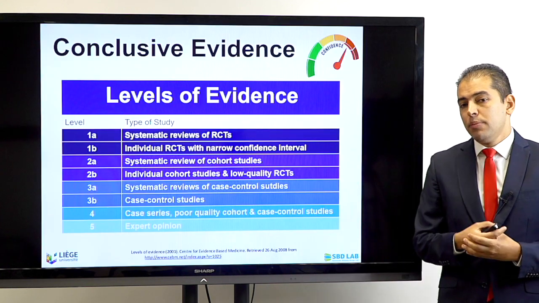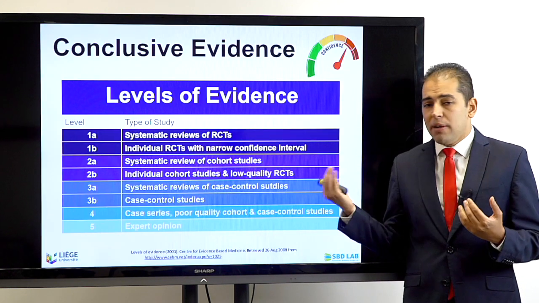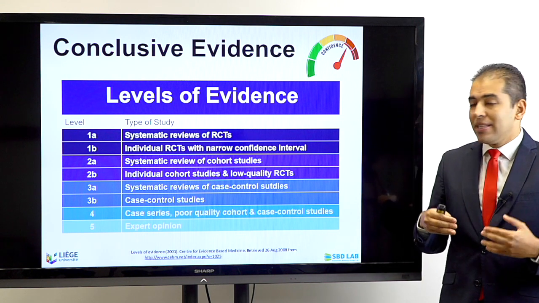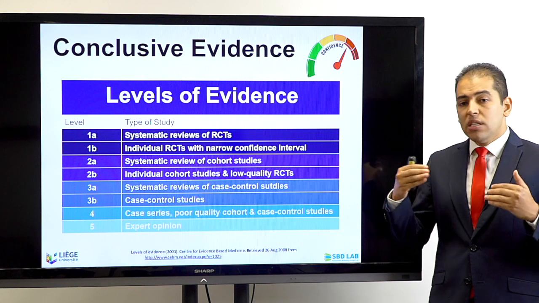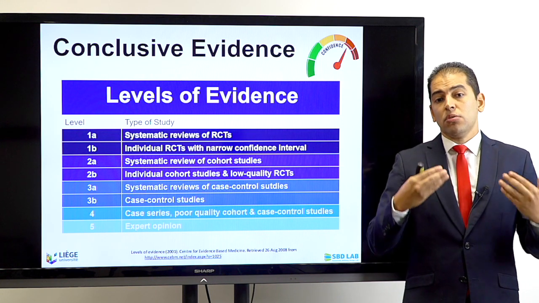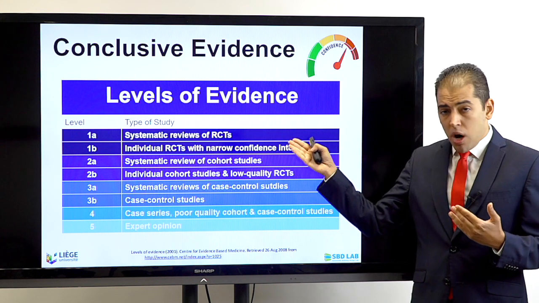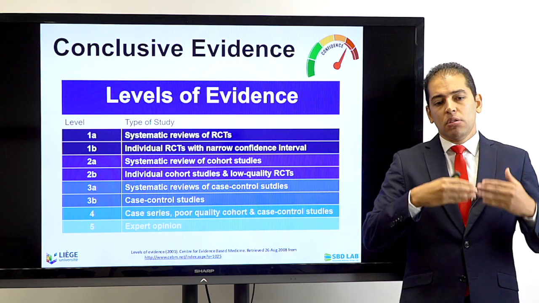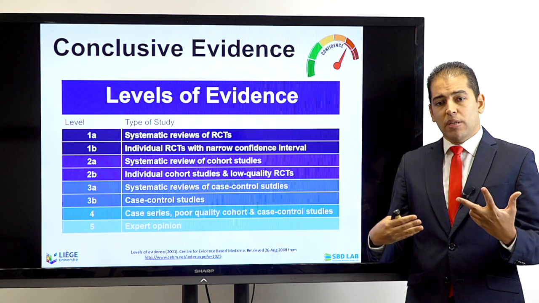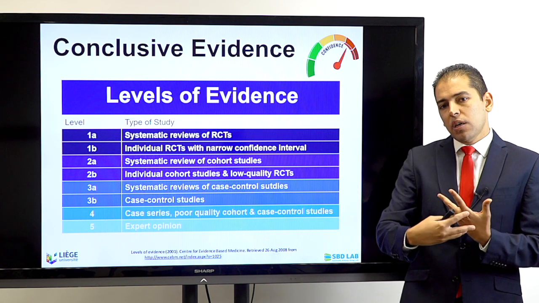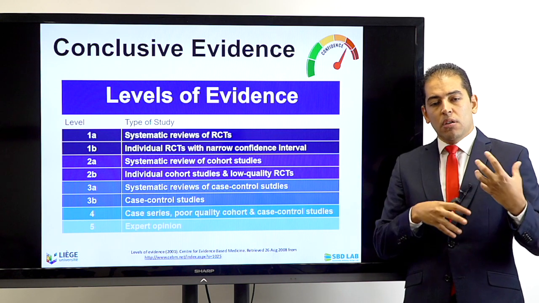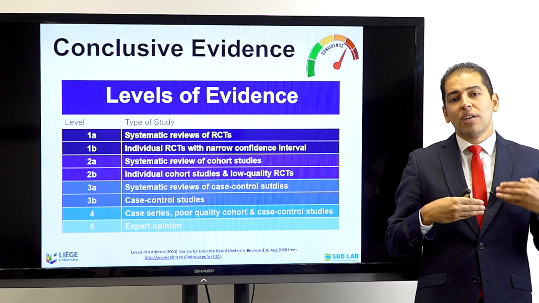And in this sense, it's very important to come back to this graph that I mentioned in the beginning, the level of confidence. I need to remind you that the highest level of confidence is with randomized control experiments or randomized controlled trials, level 1, where we have a lot of variation, randomization, and control, these three aspects of quality. At the same time, we have a lot of tests that investigated this phenomenon,